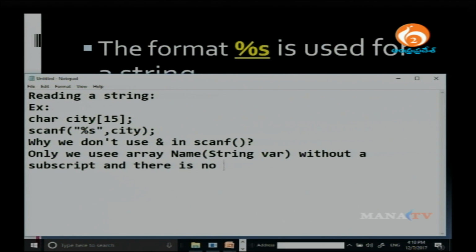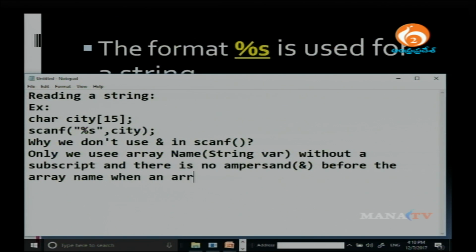There is no ampersand before the array name when an array name is specified in this manner.